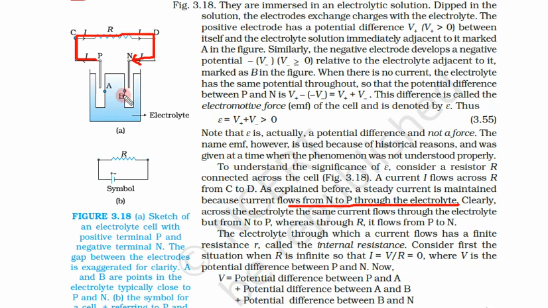then there must be some kind of current going from the negative to the positive electrode through the electrolyte. Same thing they are mentioning: a steady current is maintained because of flow from N to P through the electrolyte. So why could a steady current be maintained? Because there is a constant flow of charge carriers from N to P through the electrolyte. So outside, current is flowing from P to N, but the same current is flowing in the reverse direction, from N to P. Only then will this circuit be completed.